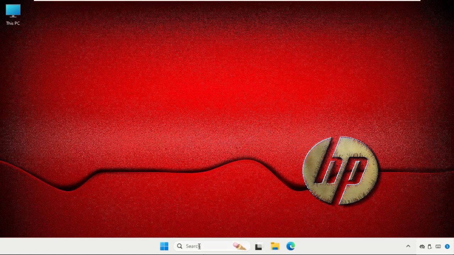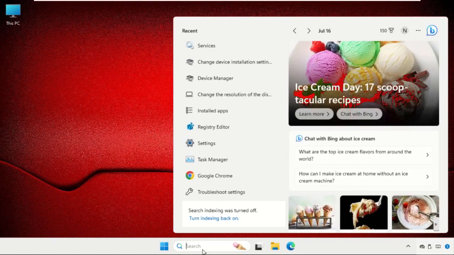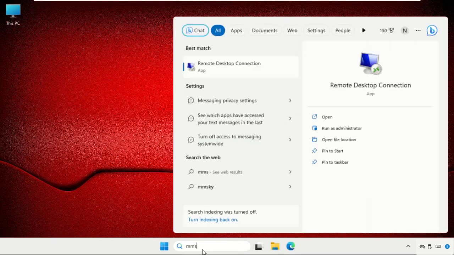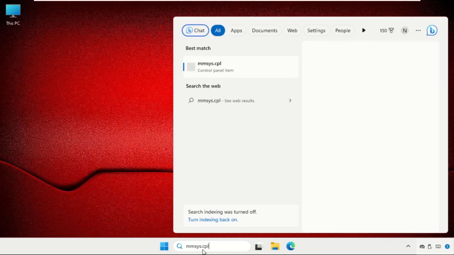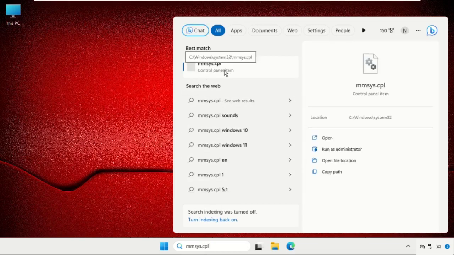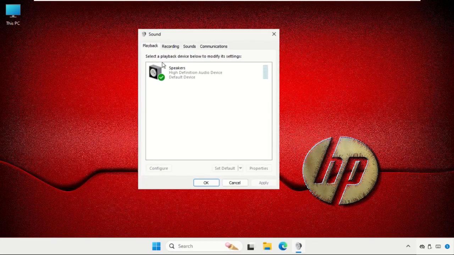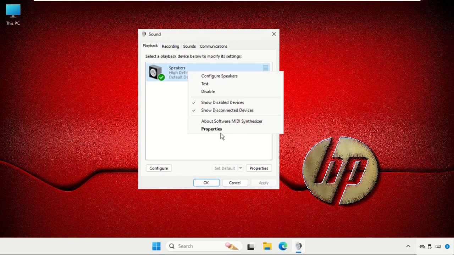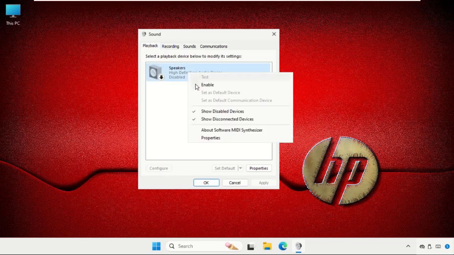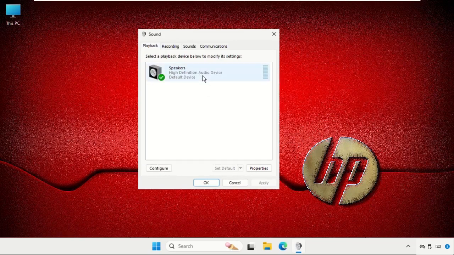First of all, go to the search bar and simply type sys.cpl and click on this from the search results. So once we are here, it will open the sound properties. You can simply right click on the particular device and select disable and try to enable it again, and after